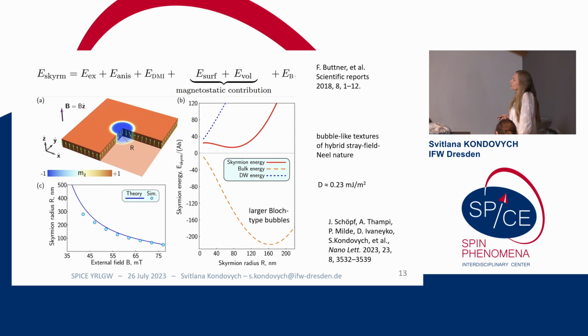And it was shown that for this system, the bubbles that they observe are of hybrid magnetostatic and DMI nature. So we managed to estimate the DMI for this system that they created, but we showed that